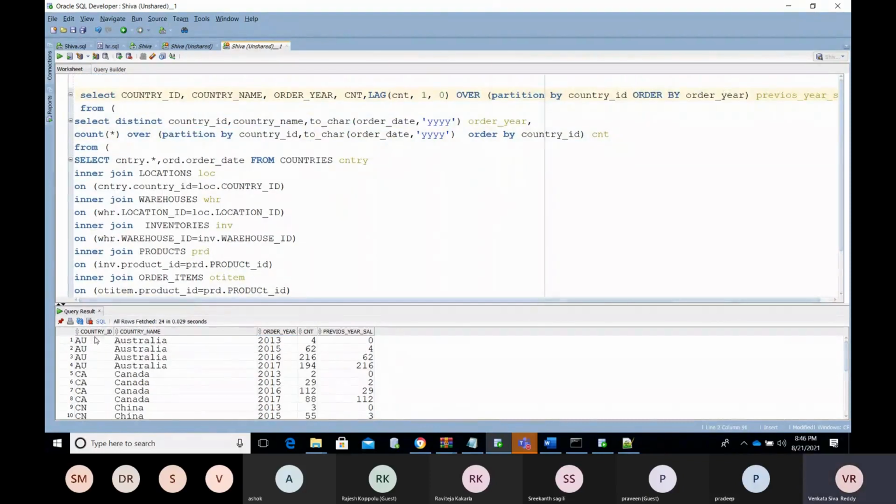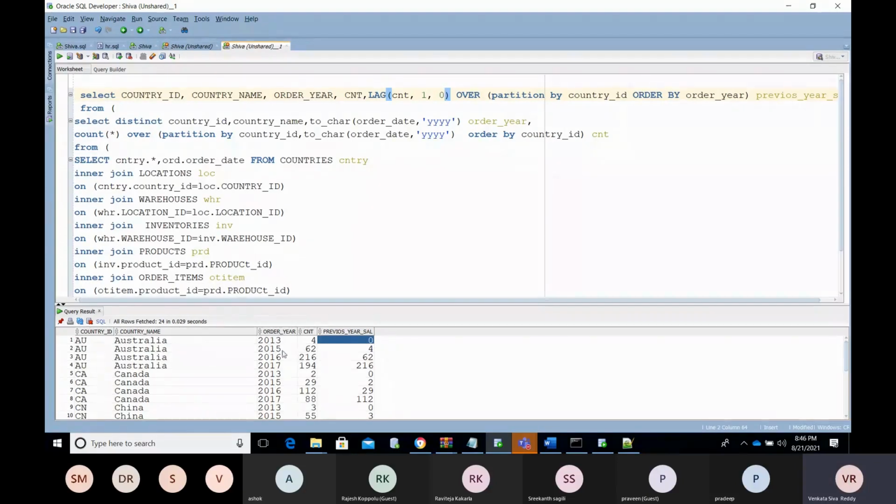Now see here. For 2013, you don't have previous years here. So I'm mentioning 0 for that. I'm replacing the null: if you have any null value, I'm going to replace it with 0. If you have 2014 with no sale year, but you are comparing 2015 with the 2013 year, in this case we need to use some dimension table and handle this. I will explain that in a later class.